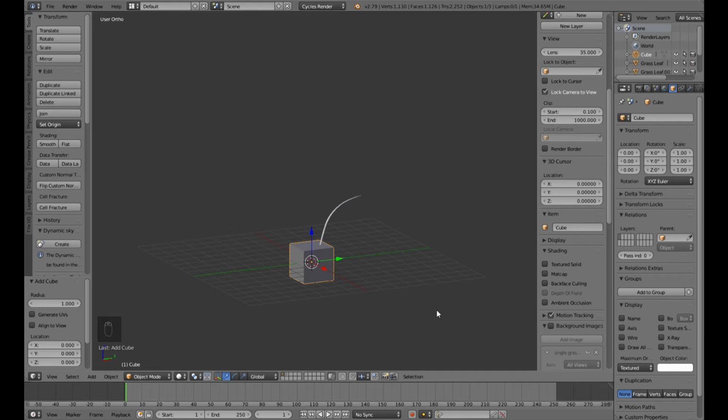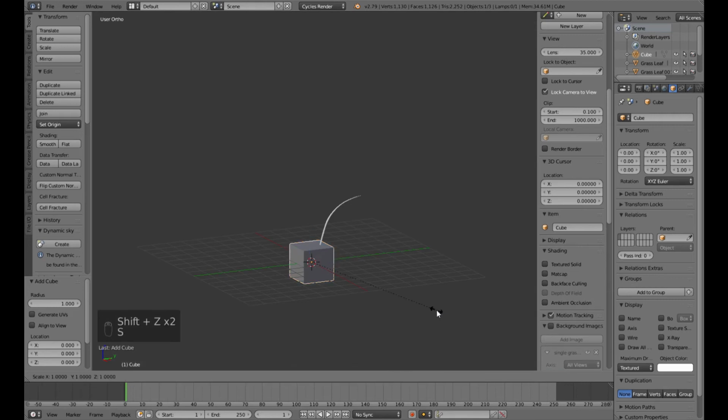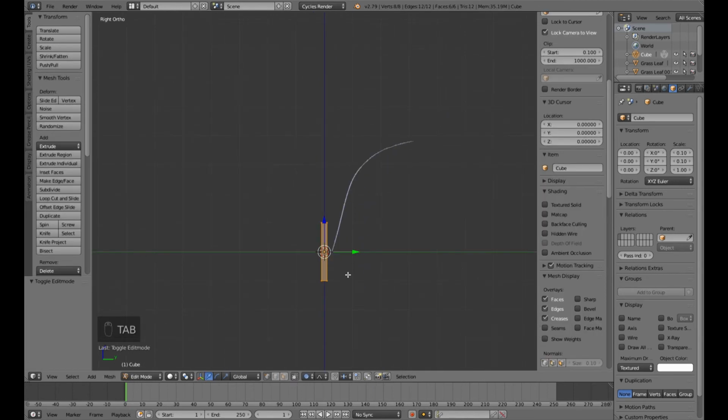So I'll be scaling it down but locking the z-axis by hitting Shift Z. So my cube will be scaled according to the x-axis and y-axis, and the z-axis will remain intact. So I'll be giving it a very little thickness here. As you can see, it has got a very little thickness in its body. Going to the tab mode, turning my proportional editing off for now. I will be doing the same process again,